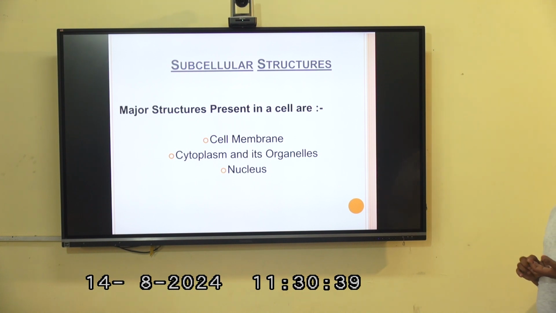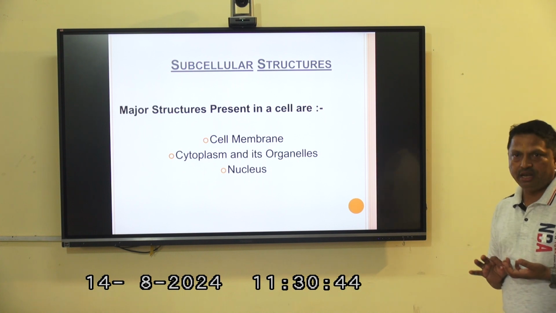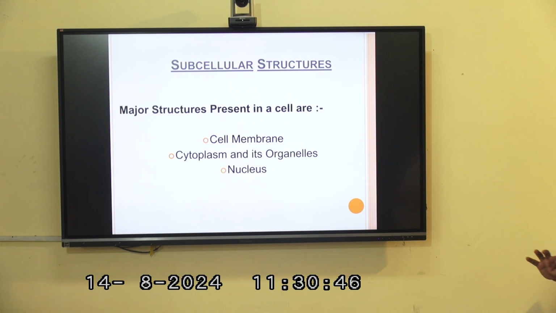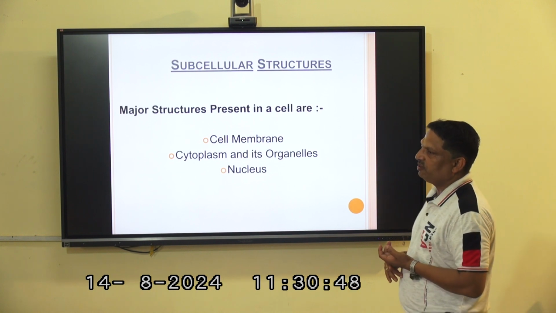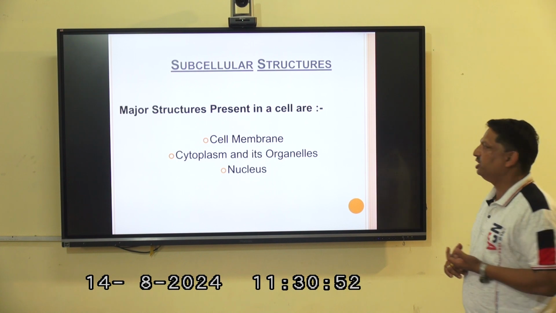Just like this is the master nucleus. This is the main organelle of the whole cell, and that's why it is the controlling agent of the cell. The nucleus is also called the controlling agent of the cell.